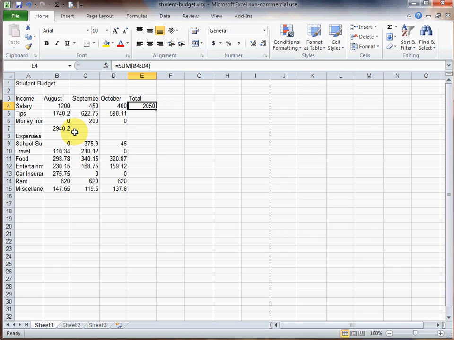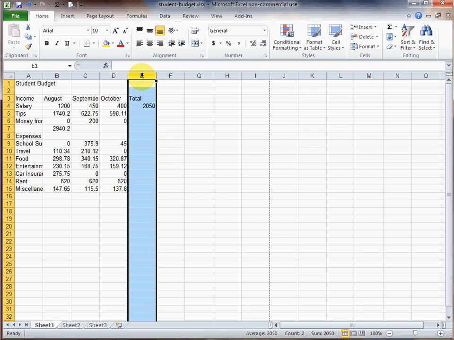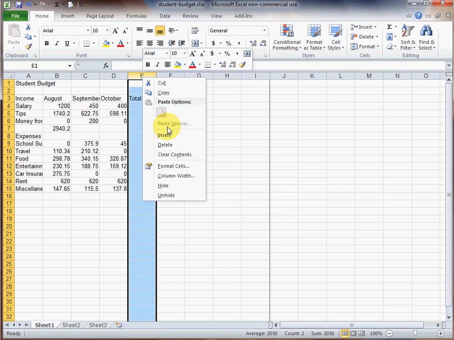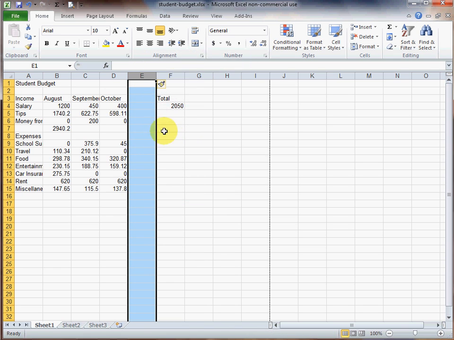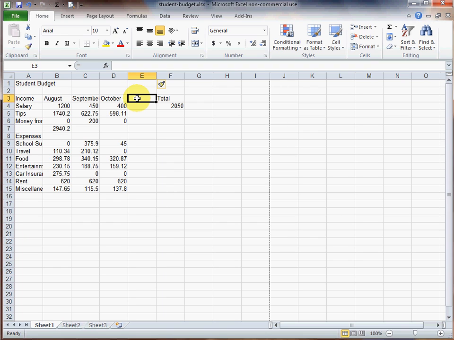Now, just as a, not really part of selection, but if you do want to insert rows or columns, let's say I wanted to put November in. I've got August, September, and October, but I want to put figures for November, but I've already got my total here. Well, I can move total over to column F, or if I want to insert to the left of a column or above a row, I can make my selection of the column, right-click, and choose Insert. That will insert one column to the left of whatever my selected column was. If I want a row above